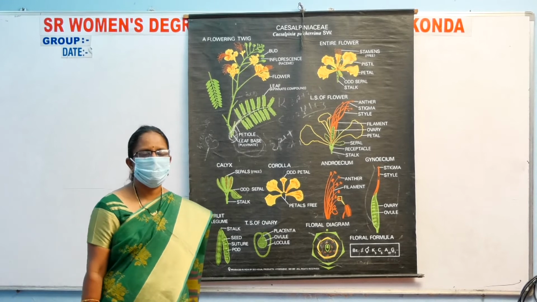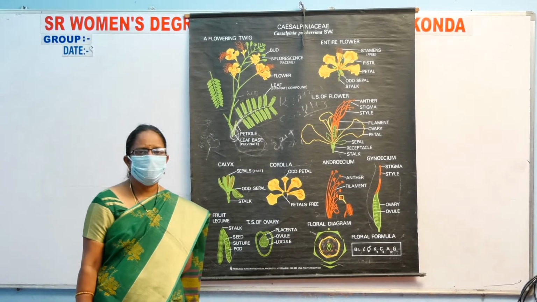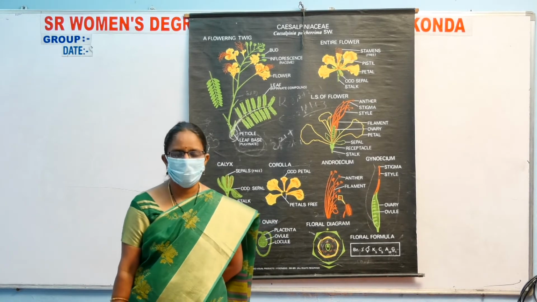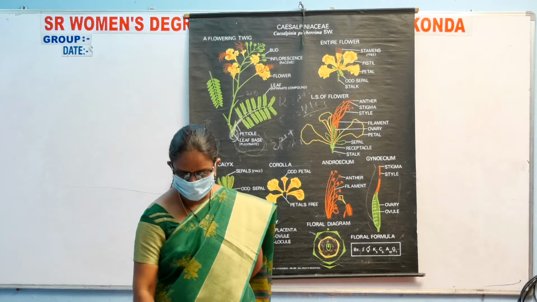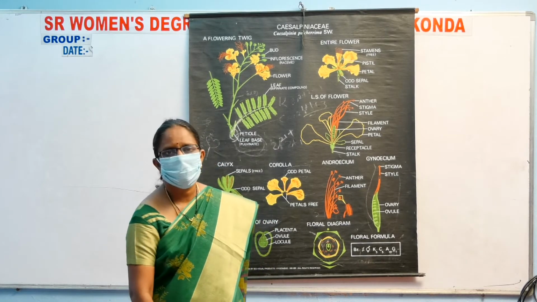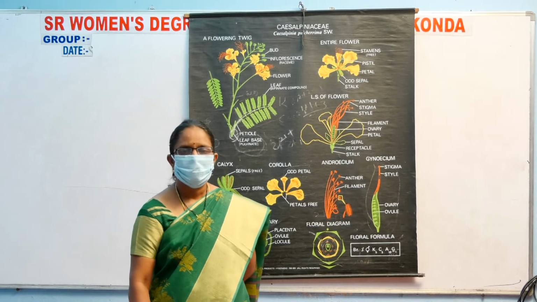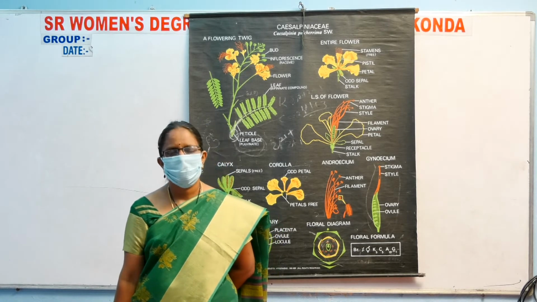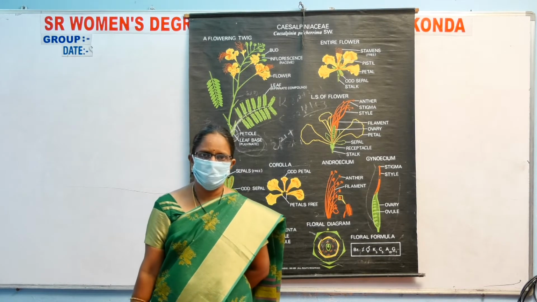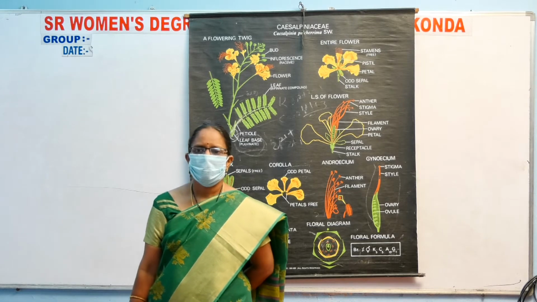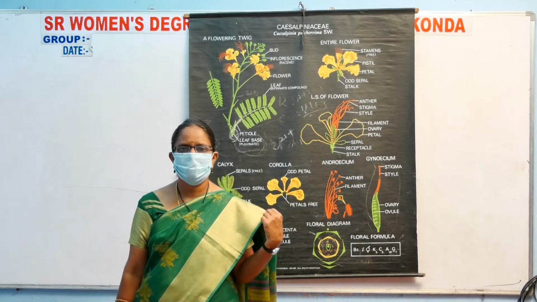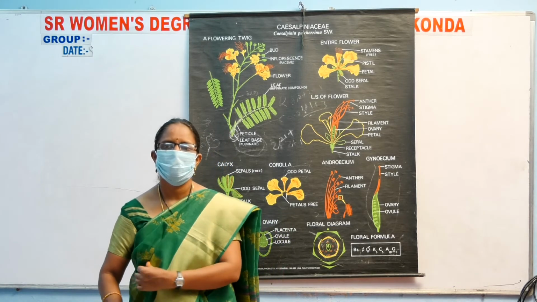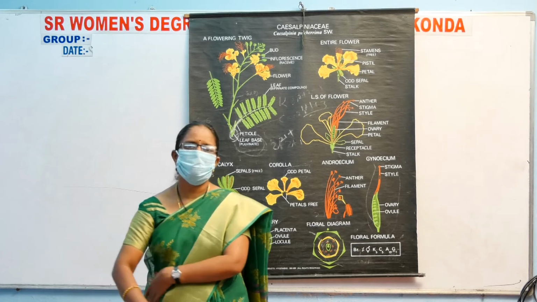Good morning, students. In the previous class, the Fabaceae vegetative characters and the inflorescence and flower structure were completed. In Fabaceae, the flower is perigynous, pedicellate, bracteate, ebracteolate, pentamerous, with an inferior or semi-inferior ovary. The flower consists of calyx, corolla, androecium and gynoecium. The androecium consists of the stamens and the gynoecium consists of the ovary.